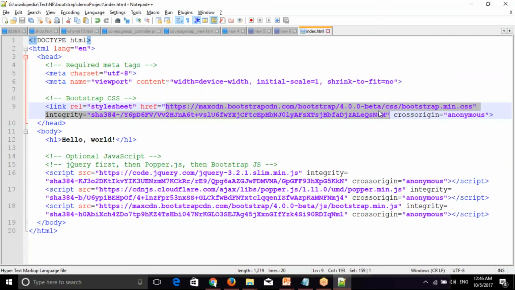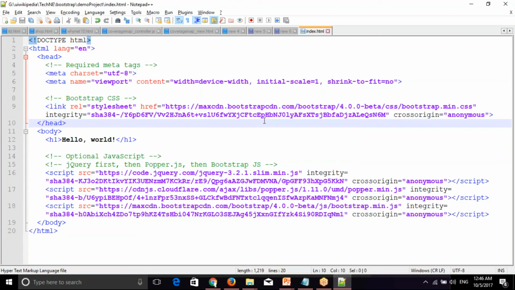So the cache, what it will do: once a file has been downloaded or used by some other site, if you try to access the same file, it won't connect to the server. It will directly get it from our local, meaning from the cache. That's the advantage of our CDN. Anyhow, I'm not deploying it now. I just want to run it locally.